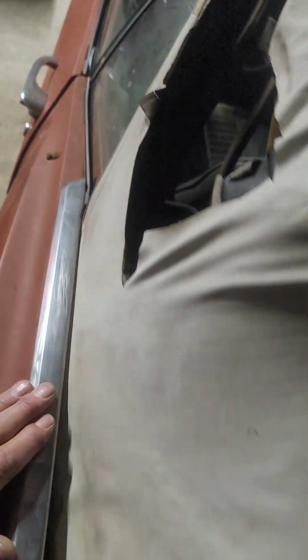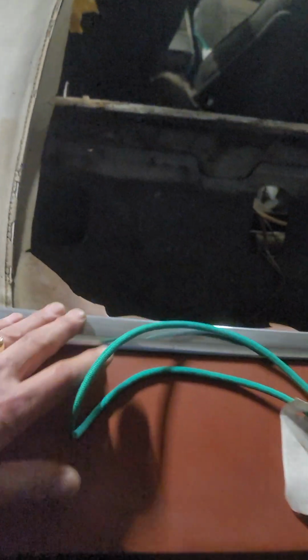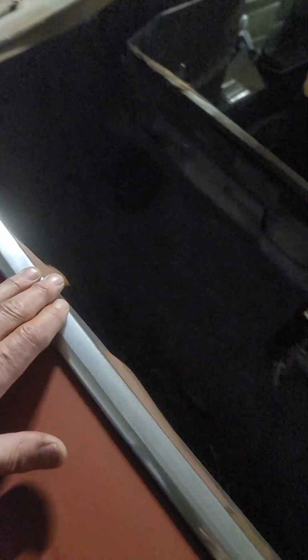Now, the other aspect of it is the rear end. The rear end has a chrome trim that goes all the way around the back side of the car. That one actually is in very good shape. Let's take a look. This one here, there are no dents or dings in it. It's in really good shape. Well, there's actually right here, yep, a couple of tiny dings in it. But this side over here,